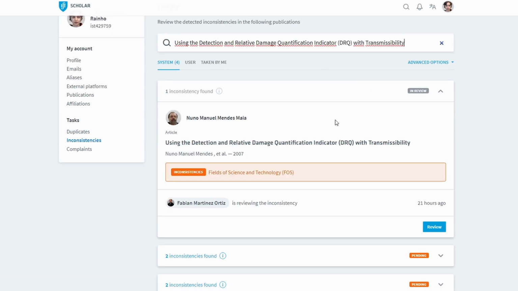I'm going to look for this article here. I've actually identified the file. The issue of the files is very important for Scholar to be able to achieve its goal of open access. It is necessary to include files from conferences, articles, master thesis, PhD thesis, because otherwise we end up losing the point of the repository, which is open access, self-archiving.